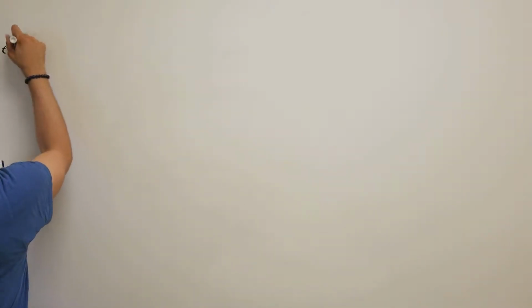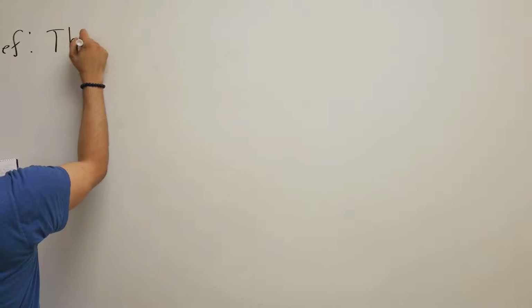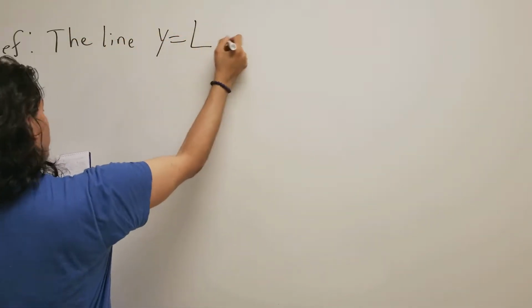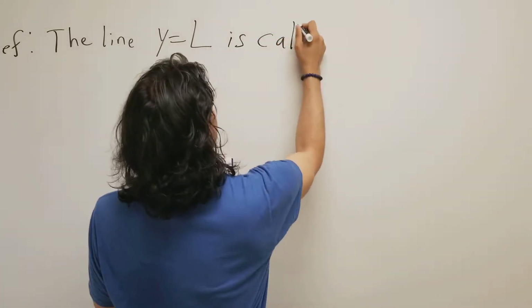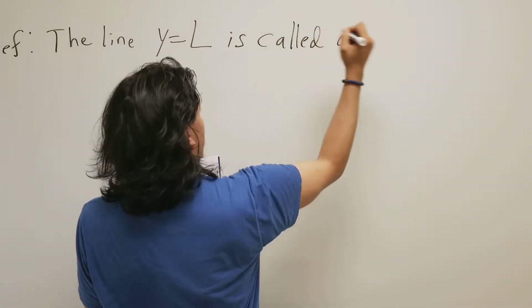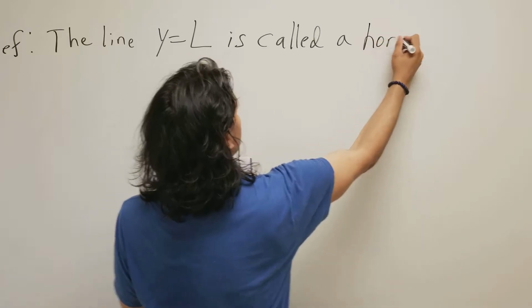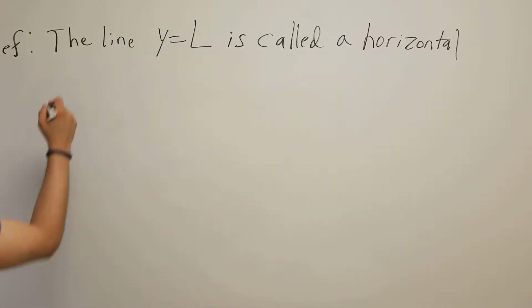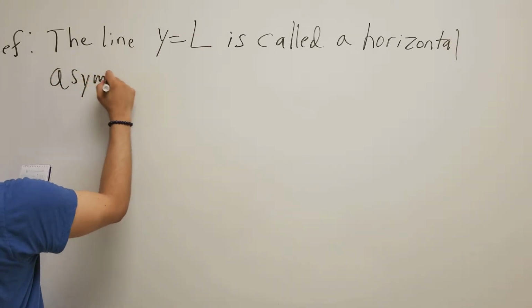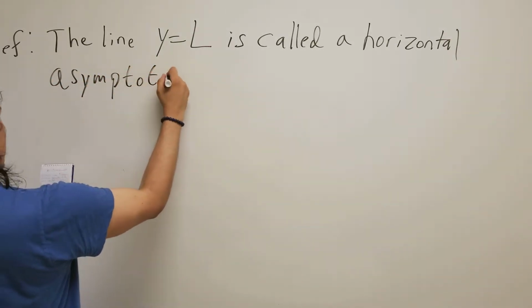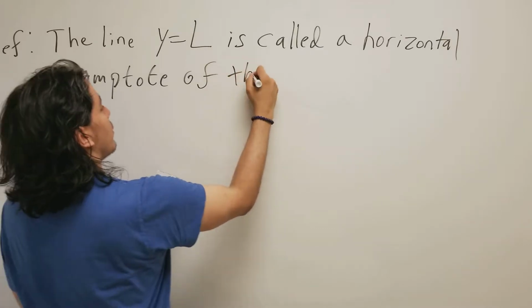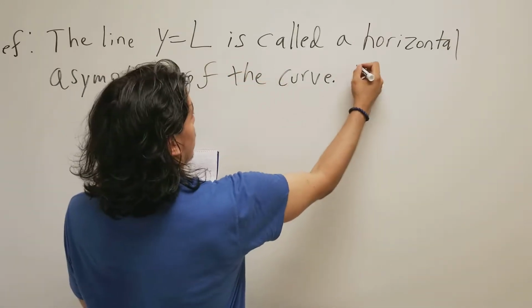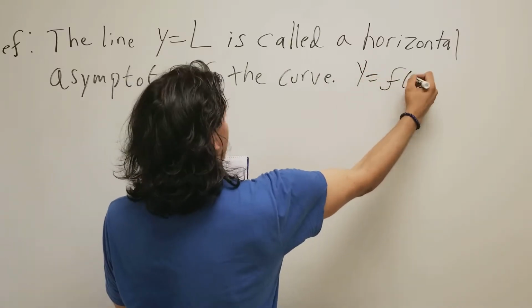Definition. Let's see what it says. The line y equals L is called a horizontal asymptote of the curve y equals f of x,